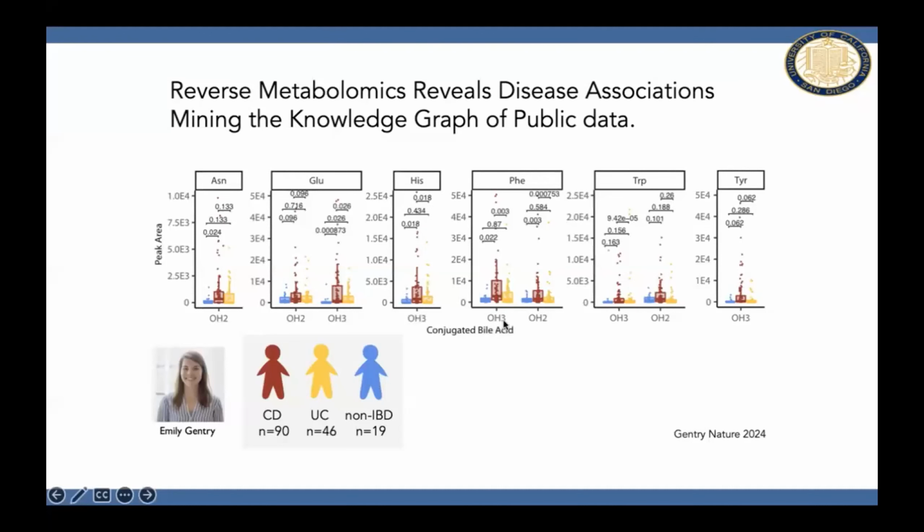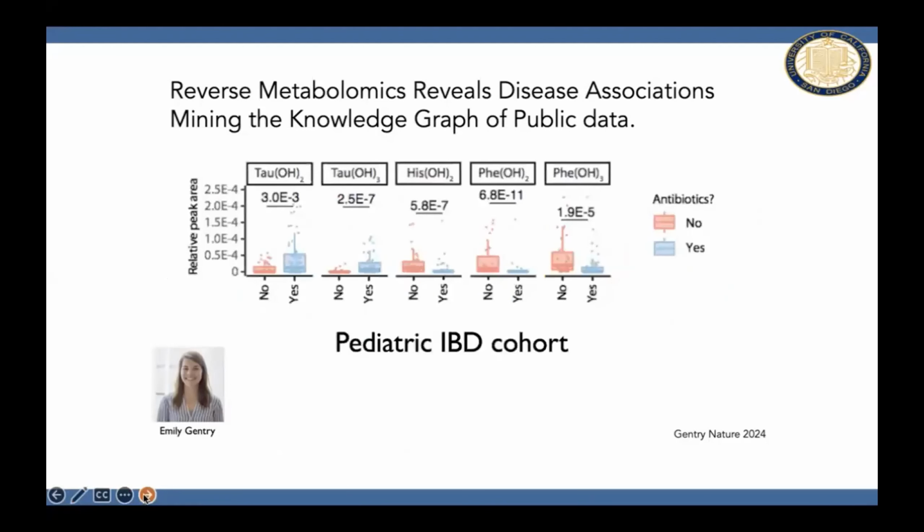Now, I should note that we highlight that this is a trihydroxylated, dihydroxylated phenylalanine conjugate, for example. The reason why we are not able to say that this is a cholic acid or a muricholic acid is because the fragmentation patterns are really hard to differentiate. And so at the repository scale search, we cannot yet differentiate, although I do think that is coming soon.